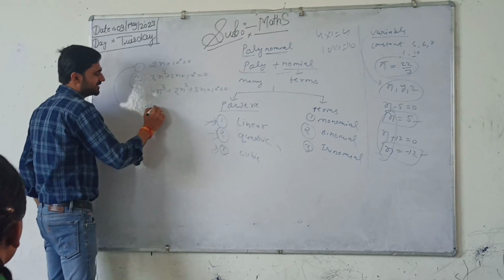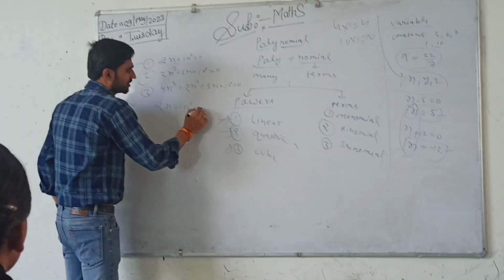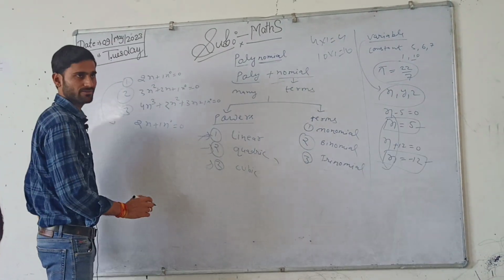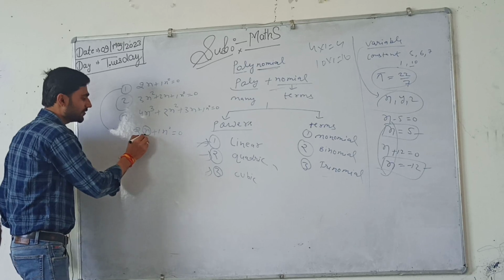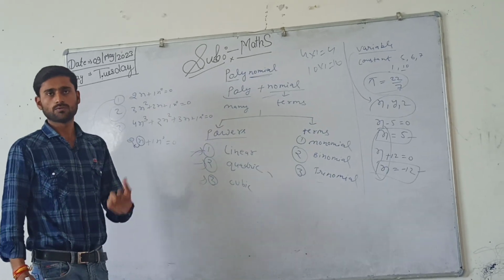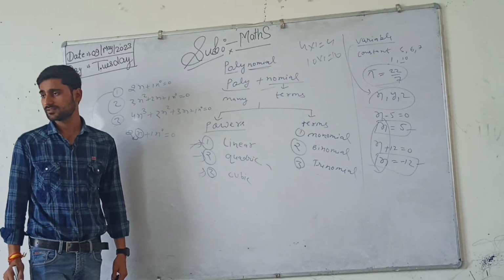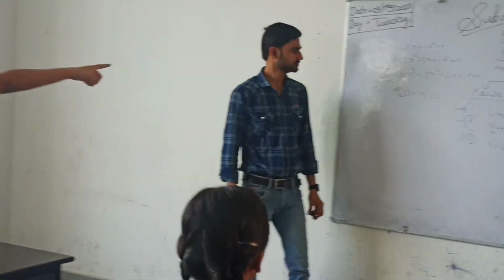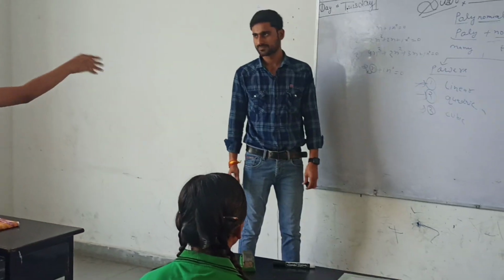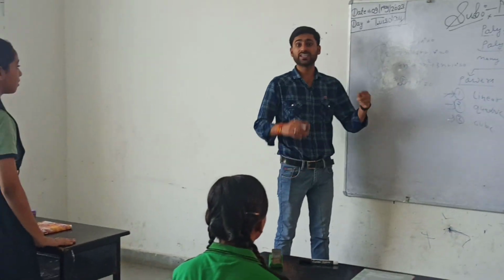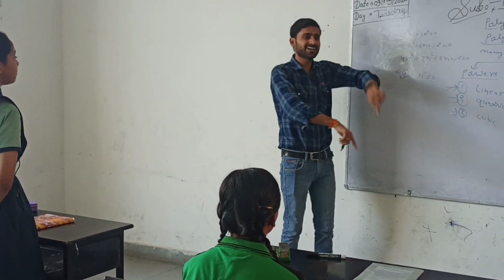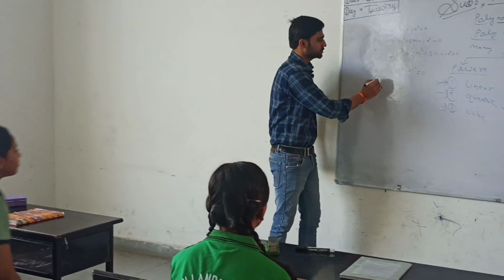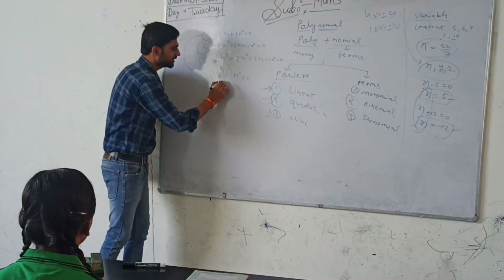If we talk about the linear equation, beta, here we have to find the coefficient of x and x to the power 0. Now clear, beta? The coefficient of x is 2. Why is 2 the coefficient? Can you tell me this? Yes, sir. When we multiply 2 into x, it is the coefficient of x. Very good. If we multiply any number into the variable, that number will be the coefficient of that variable. So here 2 is the coefficient of x.